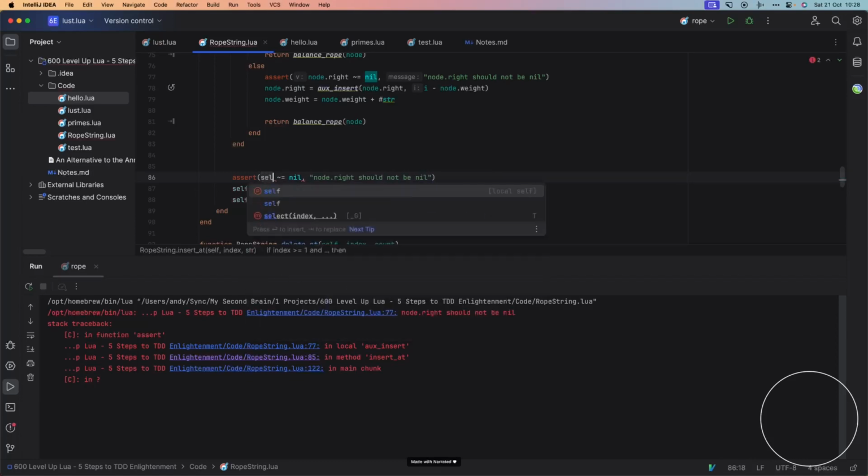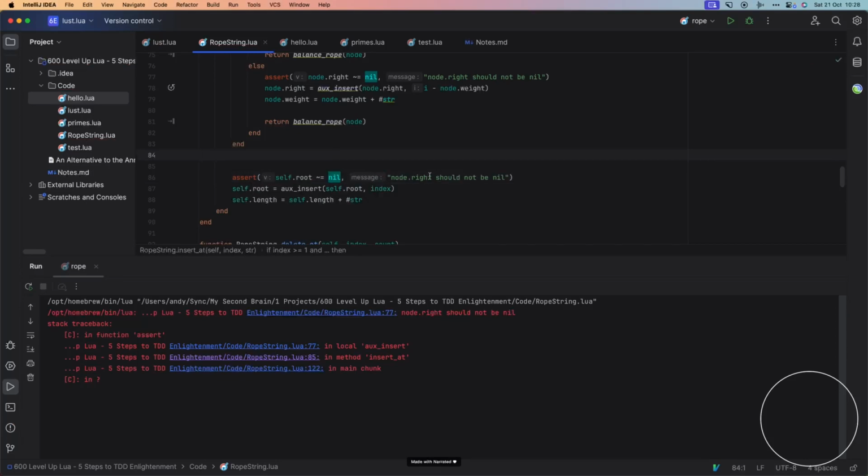And the thing is, breakpoints, you sort of come and go. They're sort of ephemeral. Whereas asserts, you can keep them in forever, right? And that's really handy. Should not be nil. So we can keep going, try and get closer to the